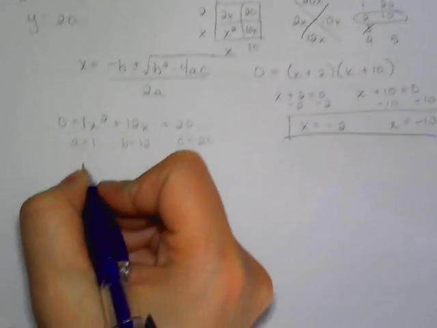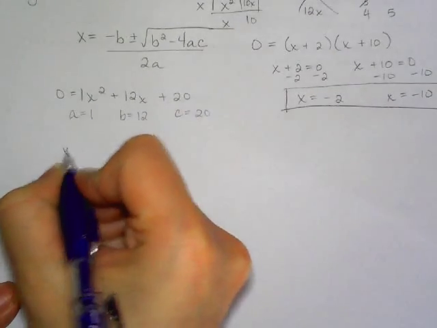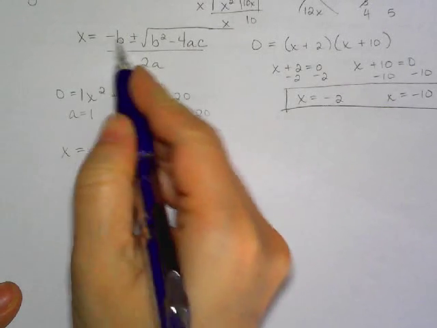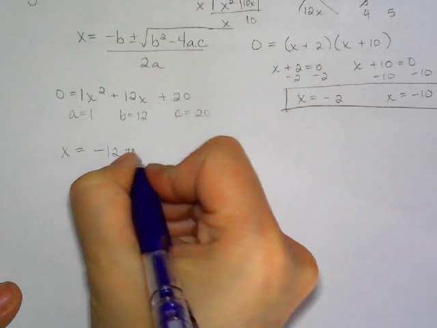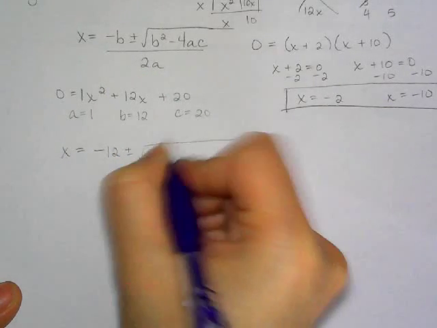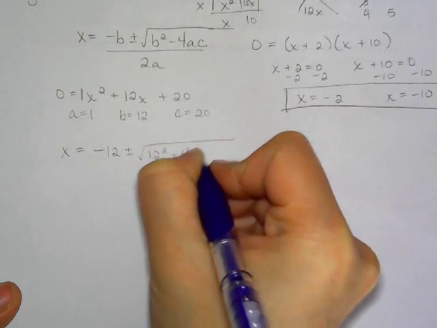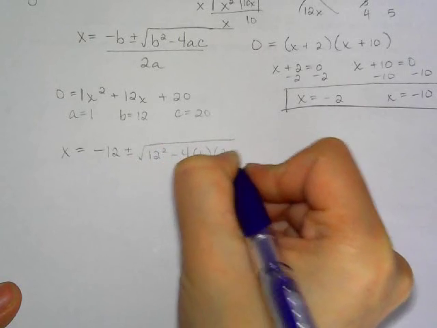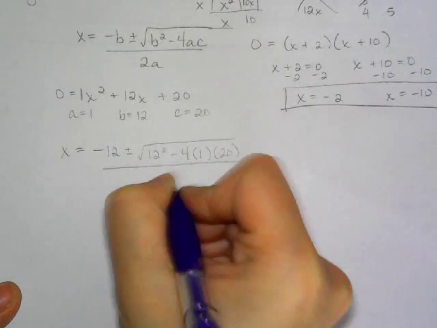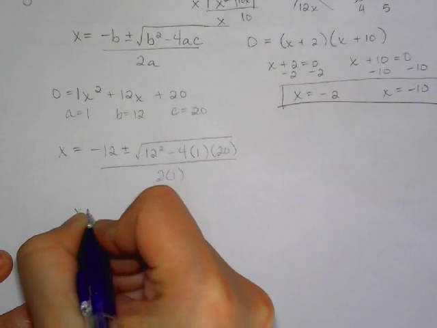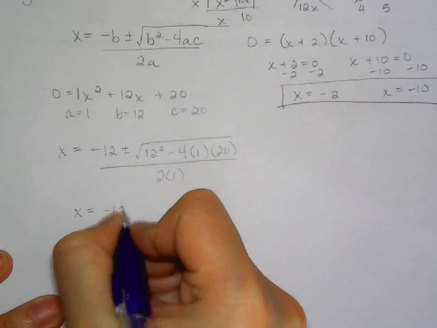Okay. So now I need to start plugging those in. X equals negative 12, because the negative is part of the formula, plus or minus the square root of 12 squared minus 4 times 1 times 20, all divided by 2 times 1. And then I just need to start simplifying it. Negative 12 plus or minus